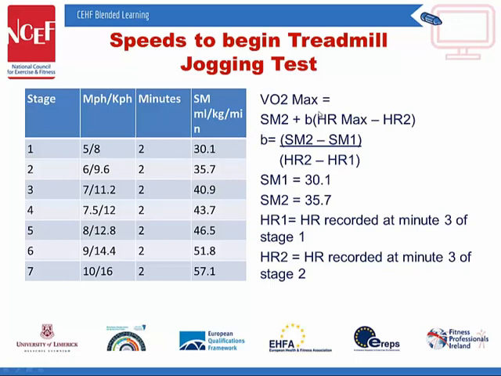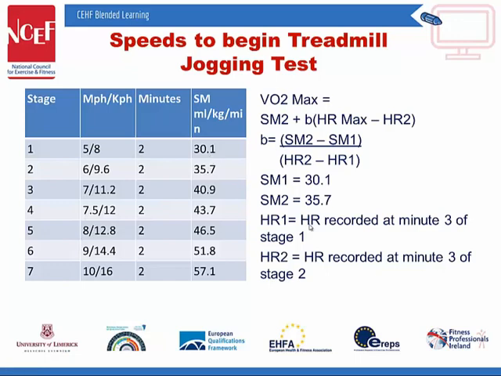So if we look over here at the formula, VO2 max equals SM2 plus B, heart rate max minus heart rate 2 in brackets. Right, so you're going to ask, well, what do all these numbers and letters mean? The first one is SM1. SM1 is submaximal workload 1. So we started off at stage 1, which was 8 kilometers per hour, and therefore the submaximal workload 1 is